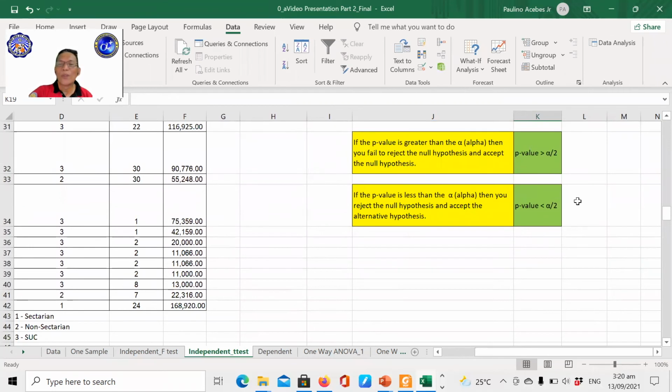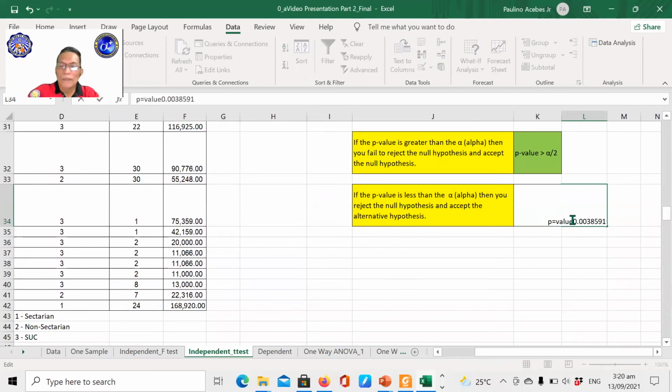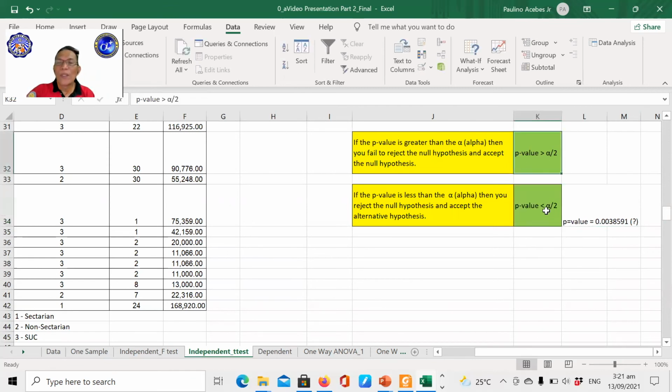So we are going to write it here. Then the p-value is equal to this. And we are going to compare, of course, but I already wrote it here, no? That assuming that the p-value is really less than alpha over 2. And then for alpha over 2,